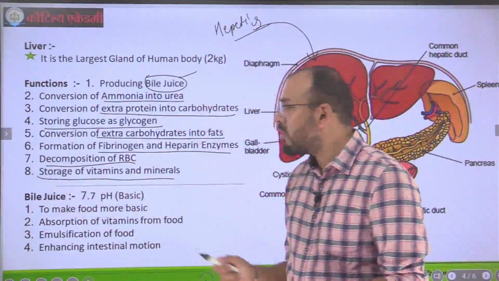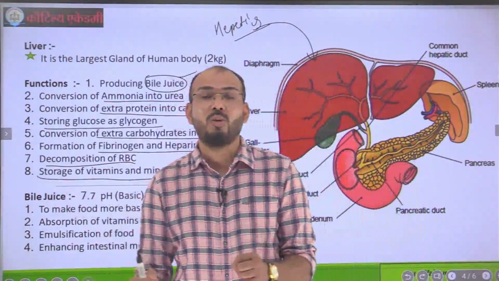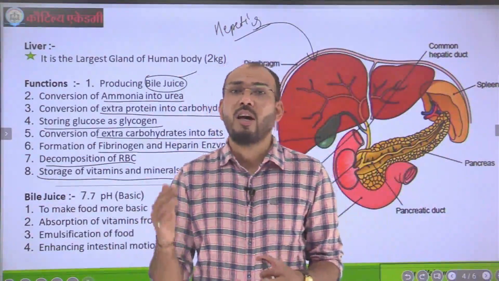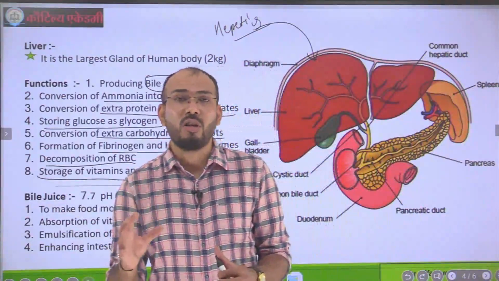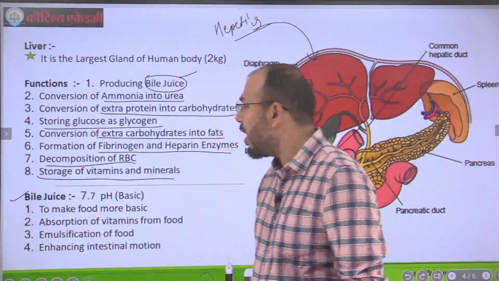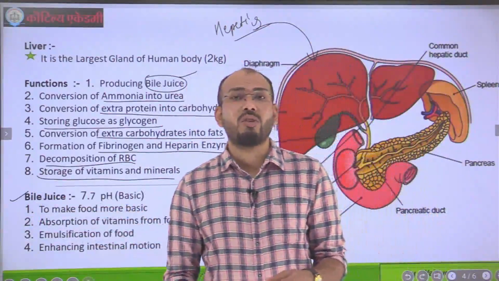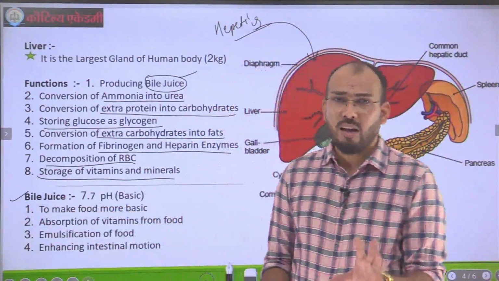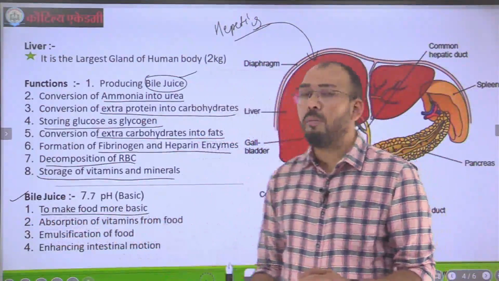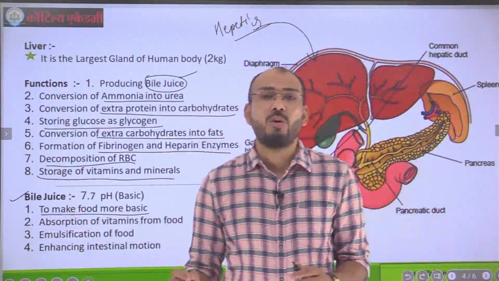Storage of vitamins and minerals. The liver is the mother of the digestive system. It completely stores anything that is part of nutrition. Vitamins and minerals are part of nutrition, and hence the liver stores them. The liver secretes bile juice which has a pH of 7.7. A pH of 7.7 shows it is alkaline. It has a yellowish pigment in it. It is responsible for making the food medium basic, because fat and carbohydrates can only be digested into